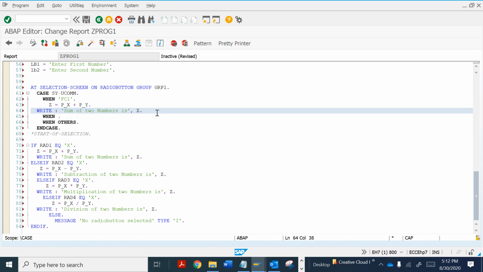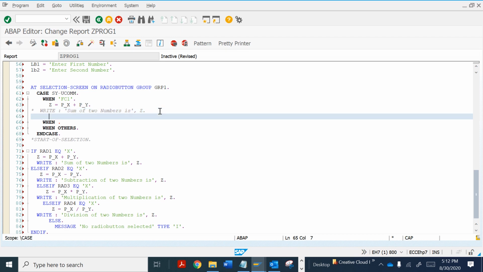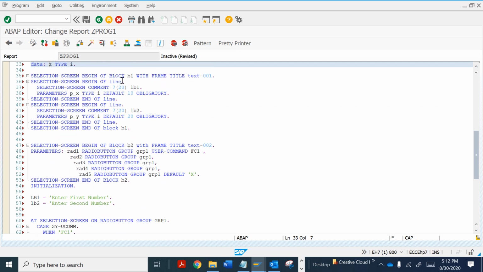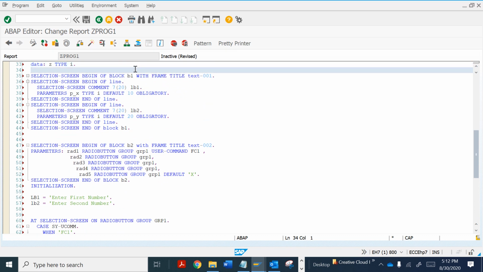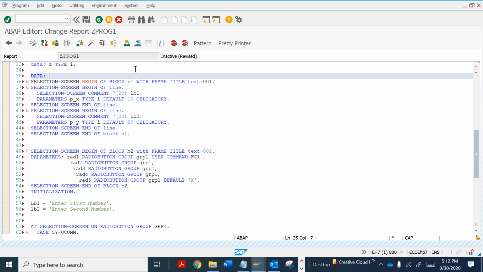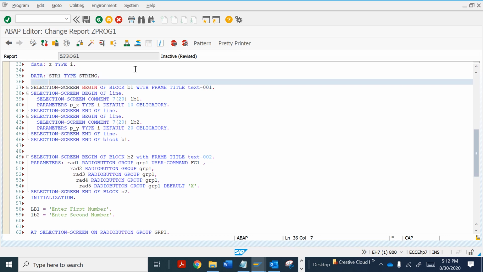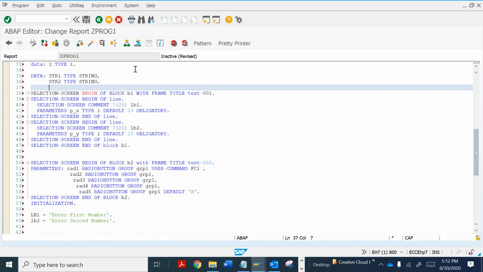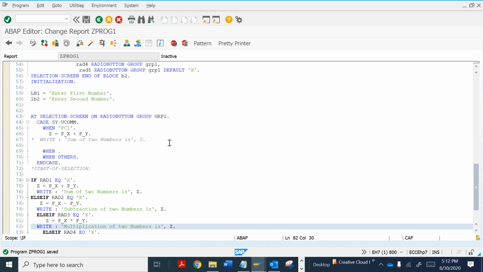So let's comment this. Now to do this, we have to declare two other fields. Let's suppose string 1 of type string and string 2 of type string, and to define my message or display, we will use another variable.